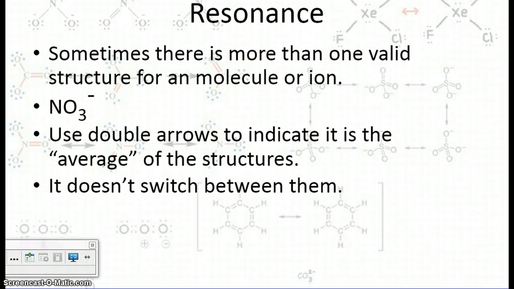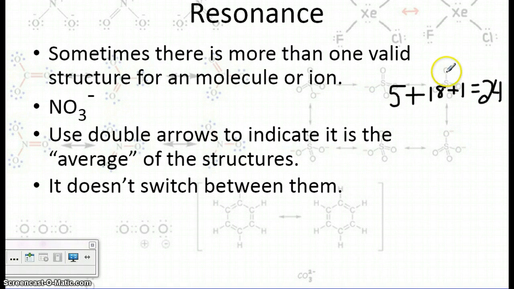So let's sketch it real quick. N has 5 valence electrons, and O has 6, and there's 3 of them, so that's 18. And then we've got this one extra electron that we're going to be able to add in. So that's another one, that'd be 23, 24. So we have 24 total electrons here. And then we have N